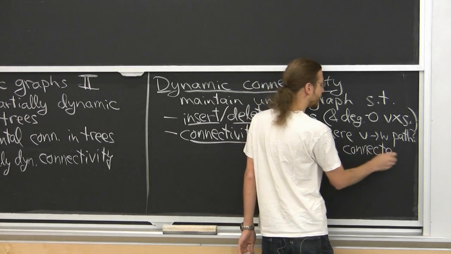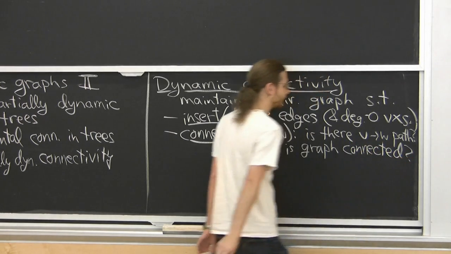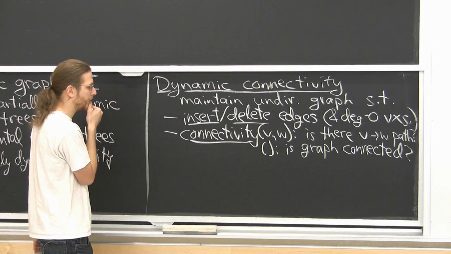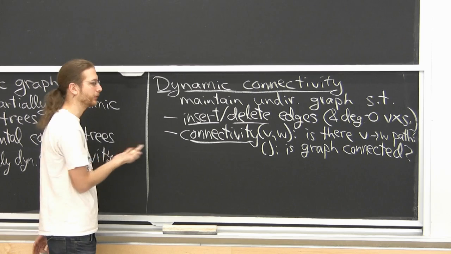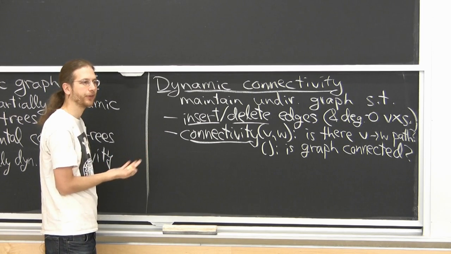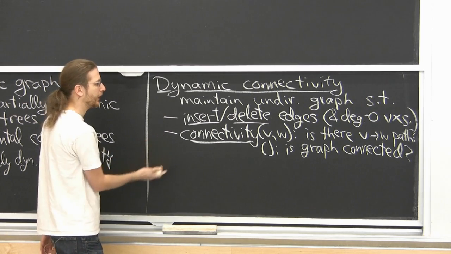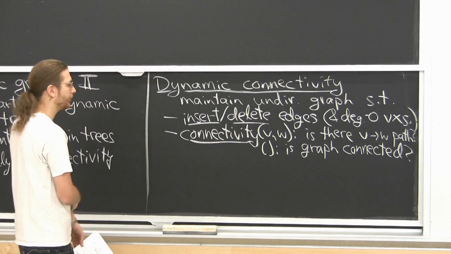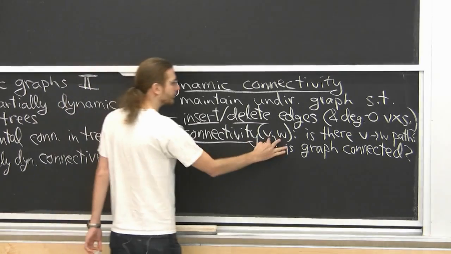It turns out both of these problems are interesting and useful for solving problems. But they also turn out to be more or less equivalent. All the upper bounds we know for one apply to the other and vice versa. So it doesn't seem to make much difference which kind of query you want, so I might as well take both. We'll focus on the VW query.